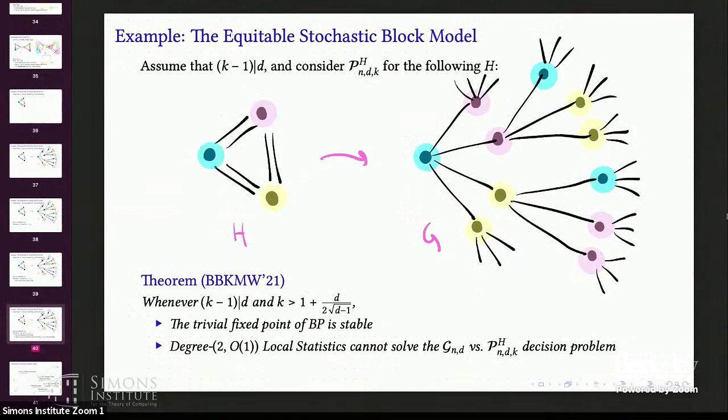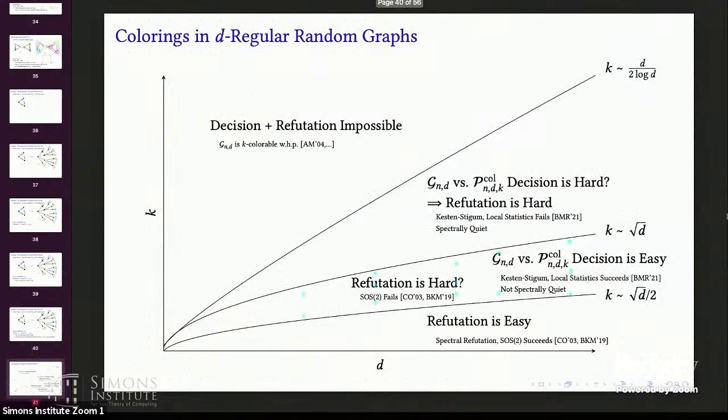So this is kind of neat. But of course, this model is only defined for certain values of k and d, right? So going back to this region of interest here, all these blue dots are places where k-1 divides d. And so, if d has lots of factors, then there's lots of k's for which this could happen. But if d is a prime number, then this model isn't defined. And so we actually haven't provided any evidence for hardness of refutation because there is no quietly planted model to speak of. So the question is, what's going on for other values of d? Like when d is prime or d is small or whatever.